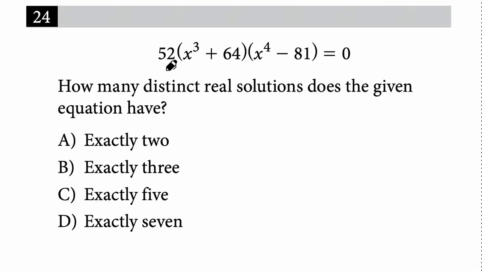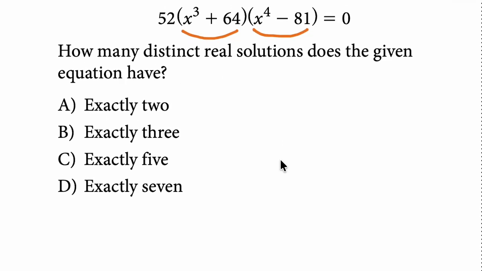Question number 24, 52. One factor is x cubed plus 64. Another one is x to the power 4 minus 81 is equal to 0. How many distinct real solutions does the given equation have? Okay, so now we have to find the solutions, and for that we need to find the factors, and for